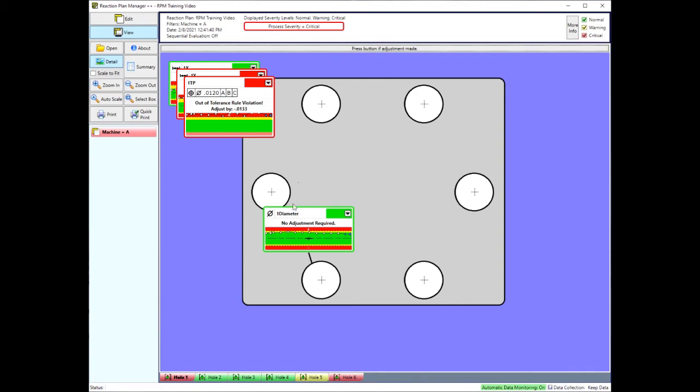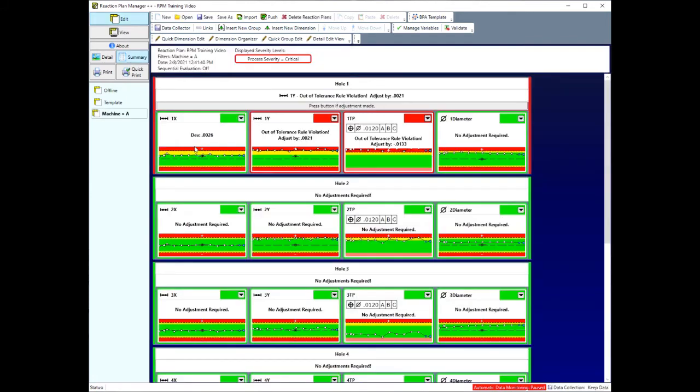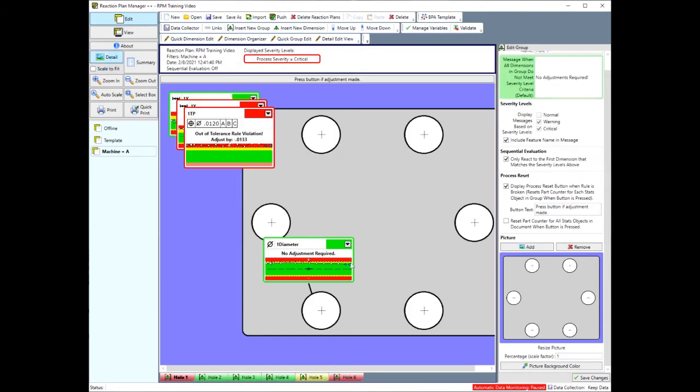I'd probably put it all in one group, and I would condense some of the dimension items so I could save on space if I were in the detail view. So I'm going to switch back to the edit mode, and I'm going to redo this so that all of the dimensions are in one group and set it up accordingly. So first thing I'm going to do is go to the dimension organizer,